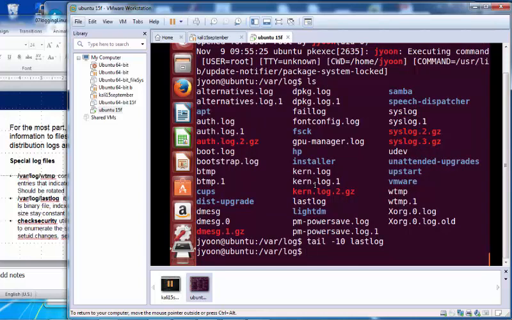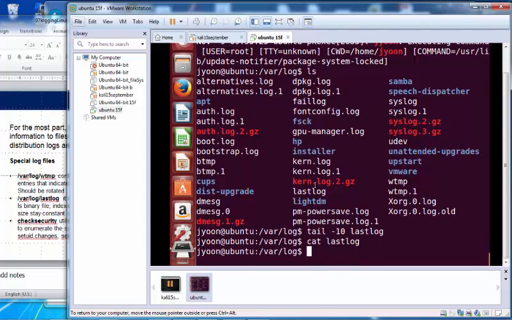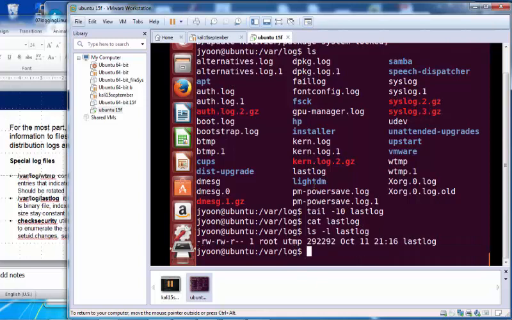nothing. Oh, it's empty right now. It is newly restarted, I guess. Lastlog, ls -l, then it is a size.